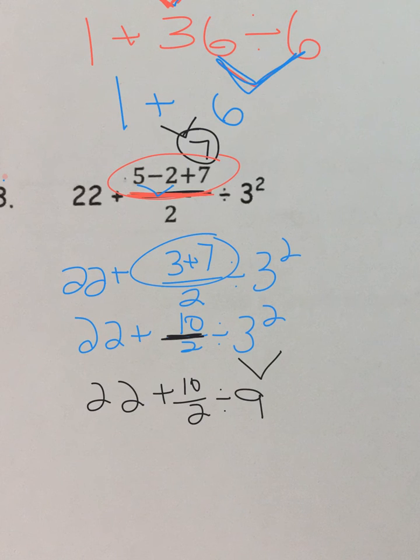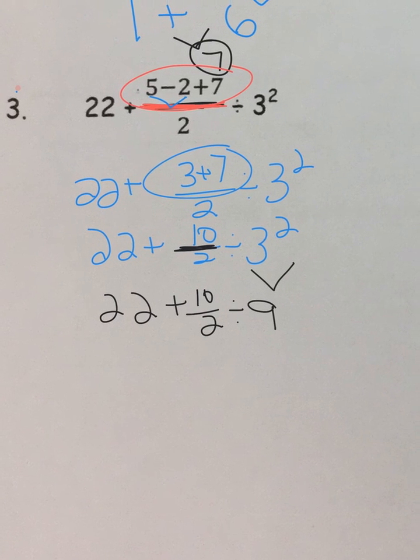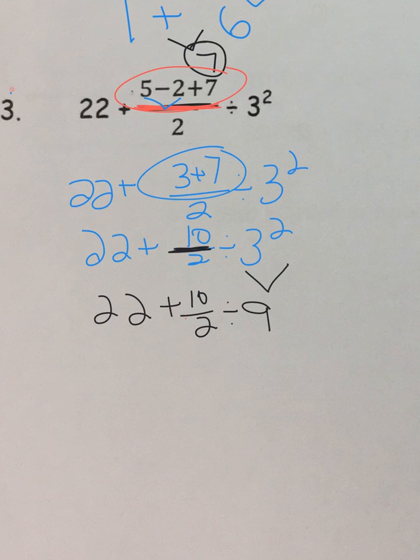Okay, now it's getting a little more complicated. I need to continue GEMDAS. Grouping, there isn't any. Multiply, divide, there are 2 divisions. We go from left to right. So I'm going to do this one first. It's going to say 22 plus 5